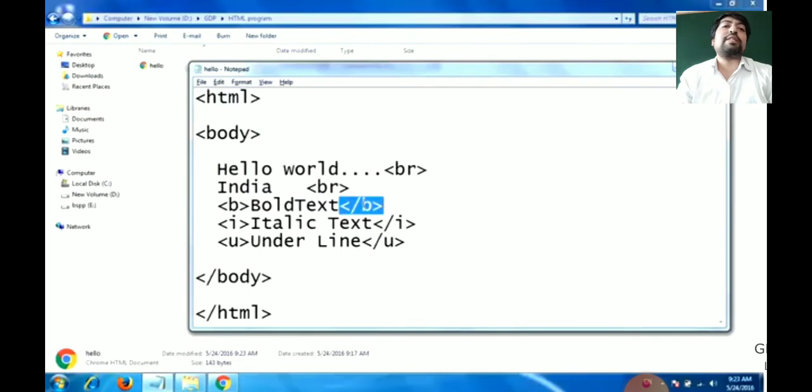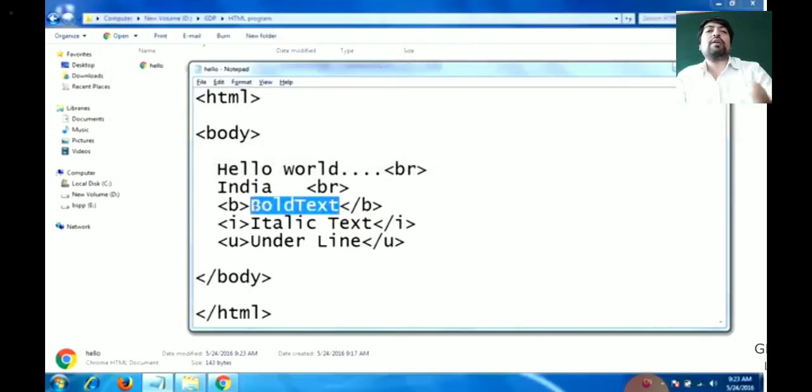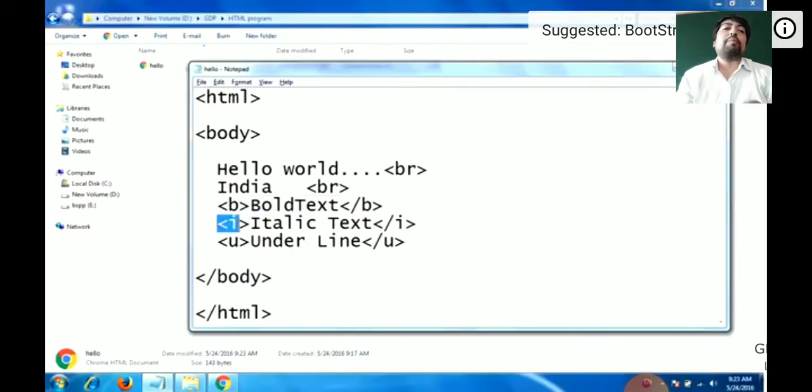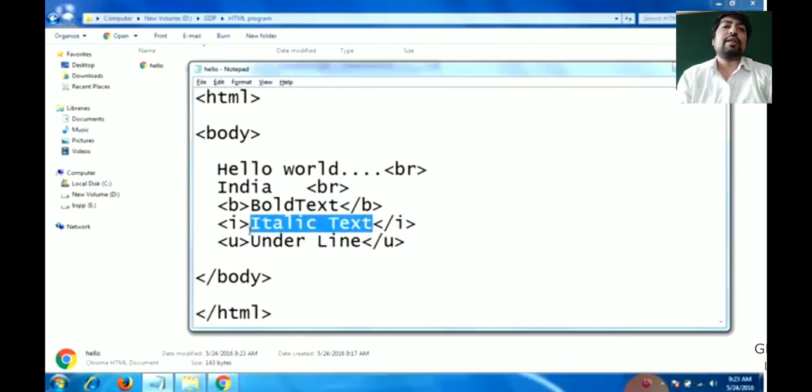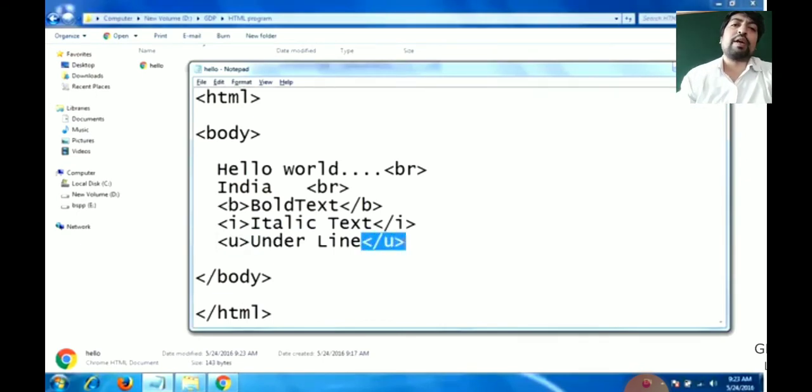Today's session is just for showing you the practical of the related topic, so from that you can understand very easily. Italic text will be useful for appearing the word in italic format. The underline U tag will be useful for underlining.